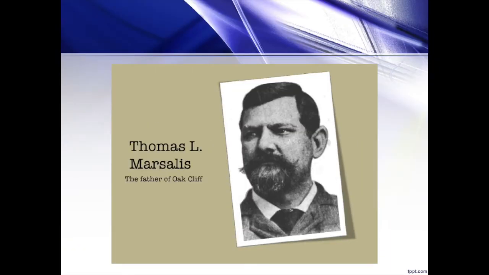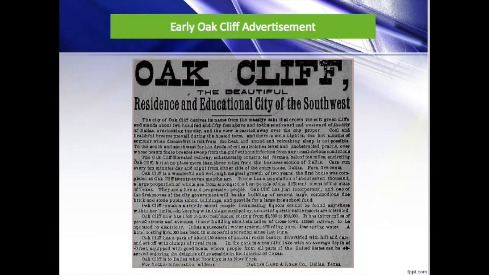Marsalis invested in Oak Cliff in the hopes of it being a prosperous entity. He opened an electric plant, waterworks, paved roads throughout the community, and built an elevated railroad connecting Oak Cliff to the Dallas courthouse. Upon creation of the city, they decided to advertise it as a prestigious community with large houses, broad streets, and luxurious amenities, including a vacation resort, an opera house, a zoo, and easy road and rail access to the city of Dallas.